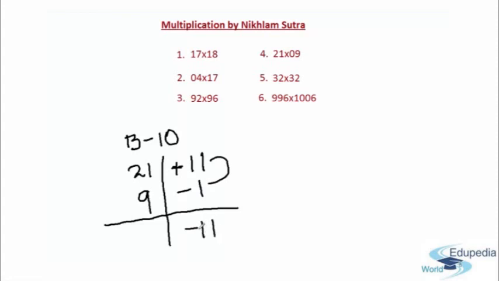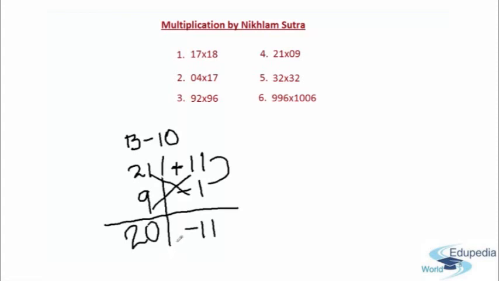Now you just do cross simplification in either of the ways. If you subtract 21 minus 1, you will get 20, or else if you add 9 and 11, you will get the same number. So 21 minus 1 is 20. So write down that on the bottom of the left column side. After writing this, if you observe the number that you got on the bottom of the right column side, it is